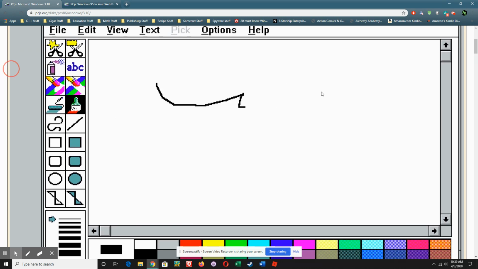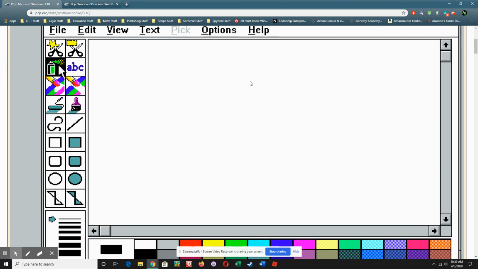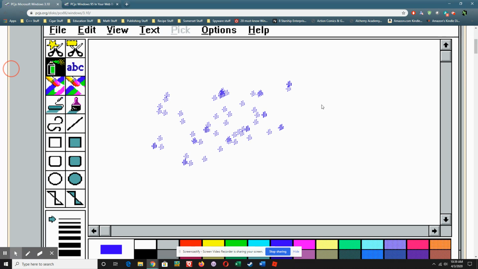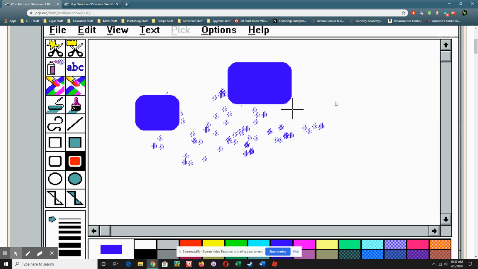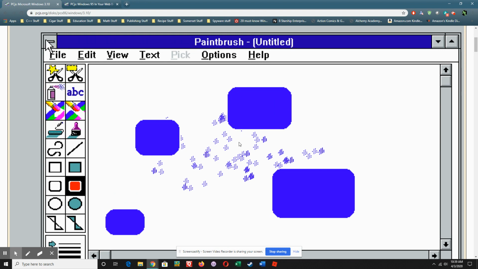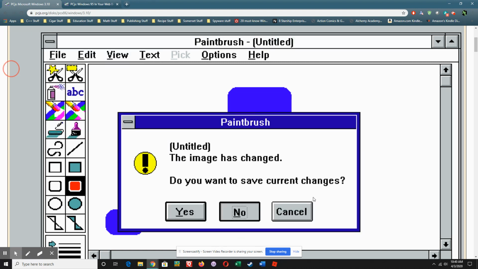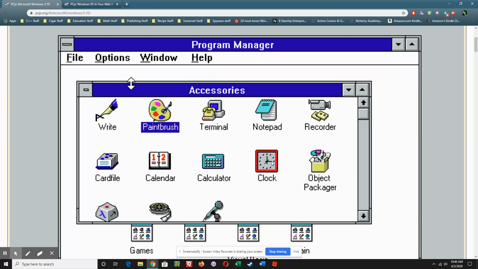You can sit there and draw. I'll undo that. One of my favorites when I was but a young computer user was the spray paint. Draw designs. Let's break out some boxes. You can actually make your own artwork. You could sit here for hours and just mess around with this. And some people get intricate enough and make some really cool art using the super old school Microsoft Paint. No, I don't want to save it.